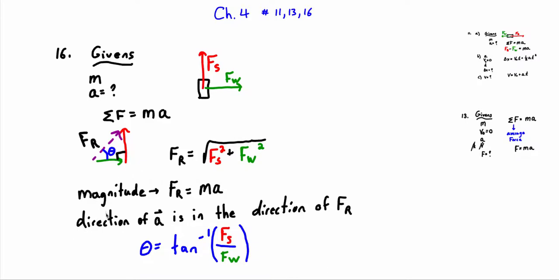Okay, but they also ask for direction. So the direction of A, well, you got to know the direction is in the same direction as the resultant force, because force is mass times acceleration. Mass is a scalar, so the acceleration is the vector. So the acceleration and the force are in the same direction. So I'm trying to solve for this angle right here, and this angle, I would use the tangent. So tangent is opposite over adjacent, so my opposite over my adjacent, and I solve for what the angle is,